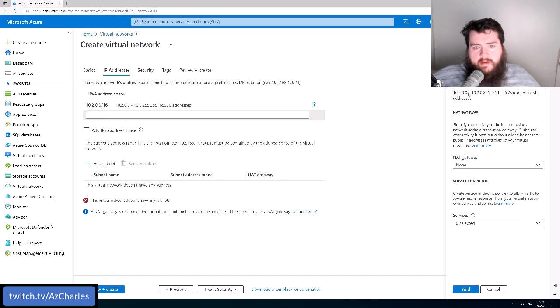So of course, in just general networking, Azure or not, the first address, meaning .0 in this case, is reserved as the network identifier. And the very last address, .255 in this case, is reserved for the